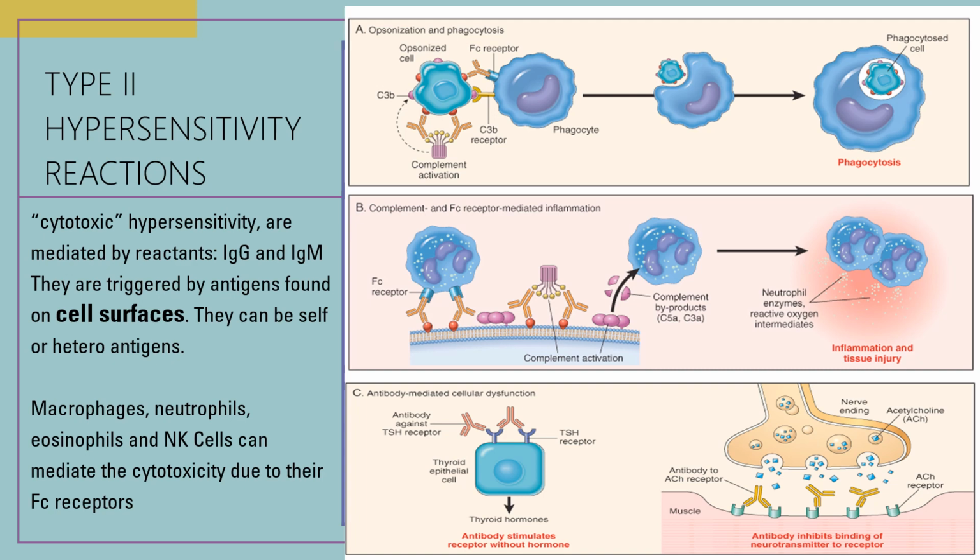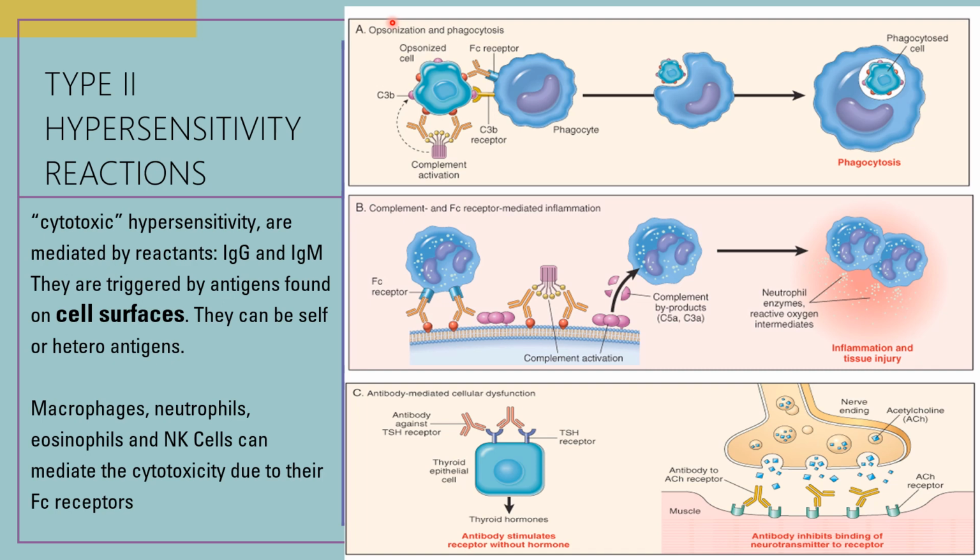of heteroantigens. So some examples of the cells that are mediating these kind of hypersensitivity reaction are your macrophages, neutrophils, eosinophils, and NK cells because they have Fc receptor that binds to the Fc part of an antibody. So, in type 2 hypersensitivity reaction, they involve antibody-mediated destruction of the cells. So, this